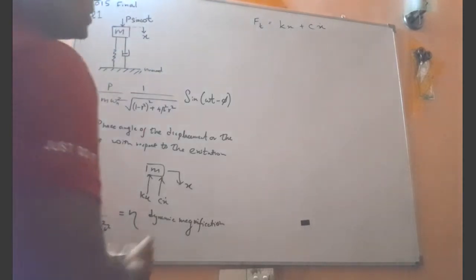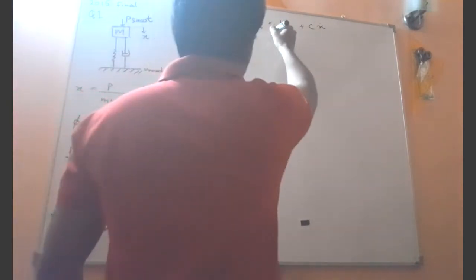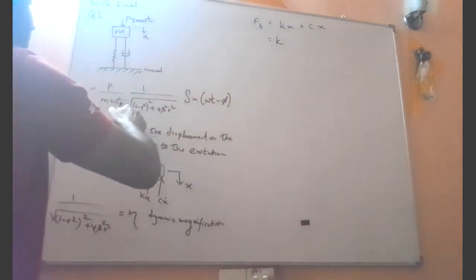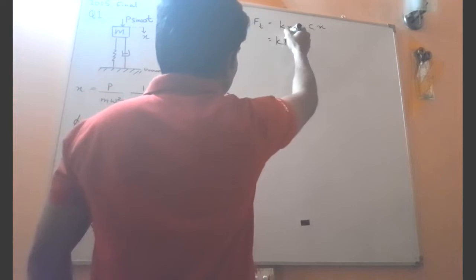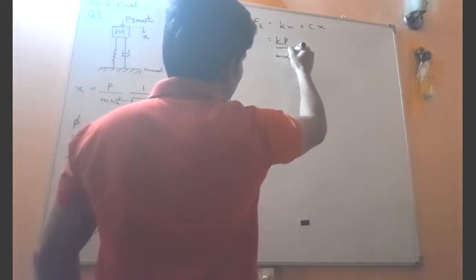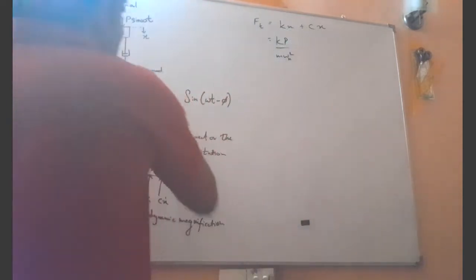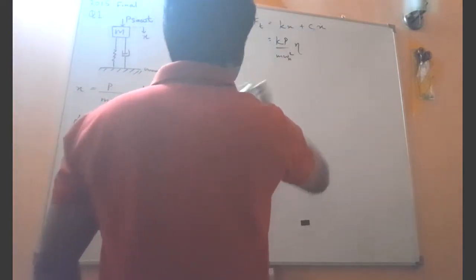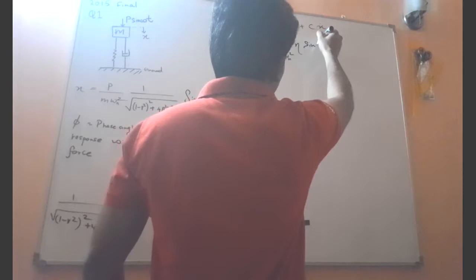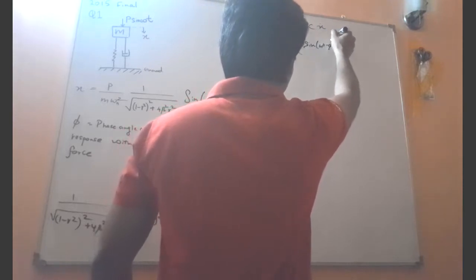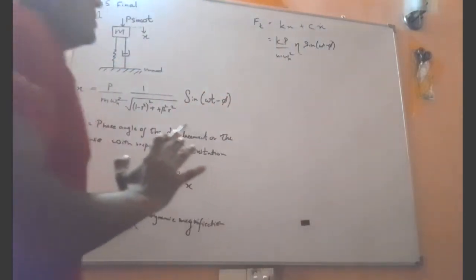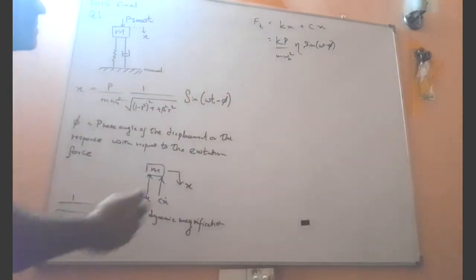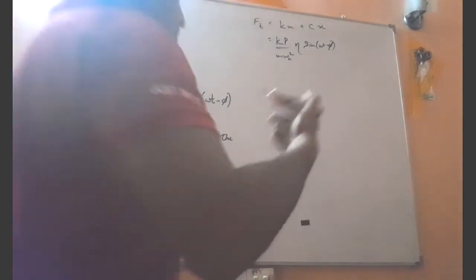So we can use eta to represent this part. Now kx is k times P divided by m omega n squared times eta, sine omega t minus phi. No worries, it is sine omega t minus phi, because you do not have to differentiate x here. Then plus